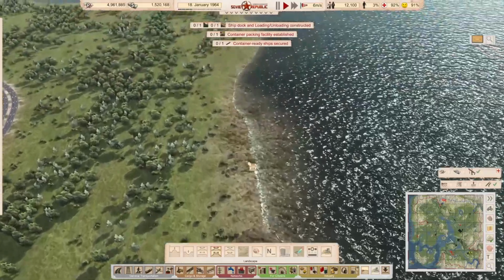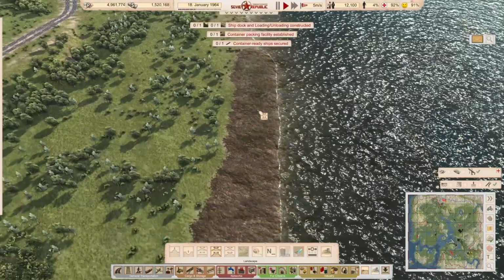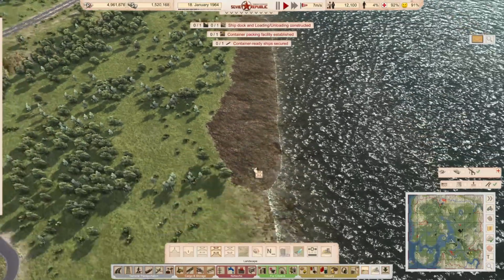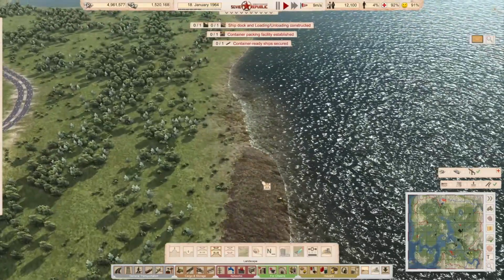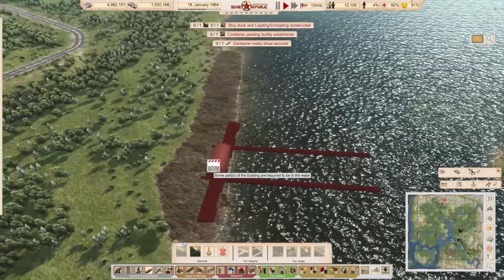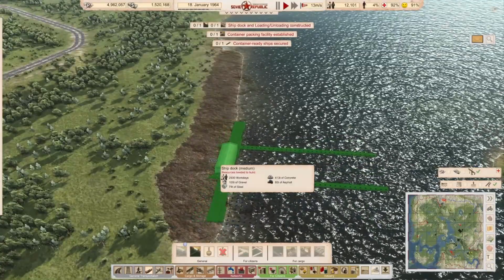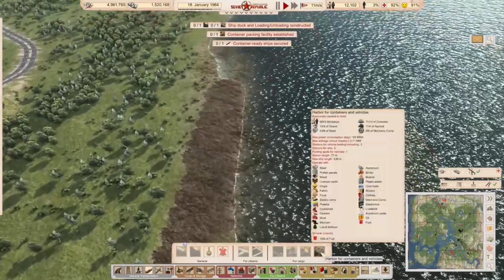Because the problem is when you've got shallows like this, it can be quite difficult to actually get a line up. So we'll have to just push you out that way. Maybe we'll push this up a little bit as well. Is that going to be enough? We can get a ship dock there. Now what we are going to need is a...